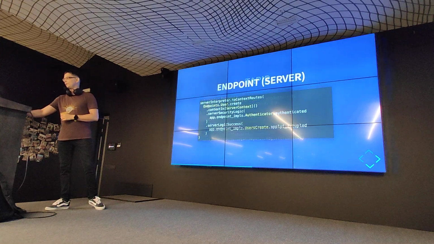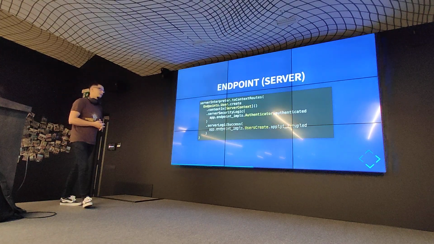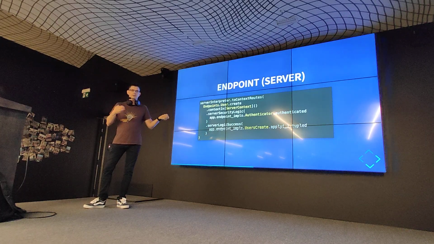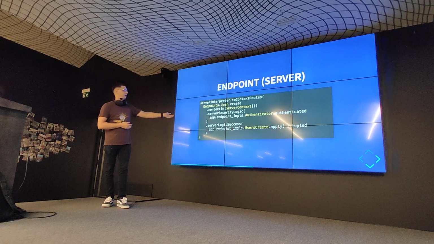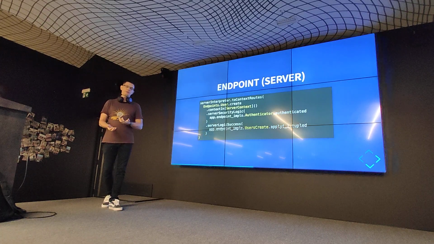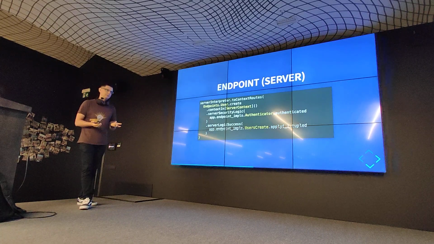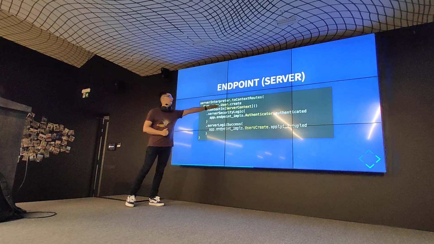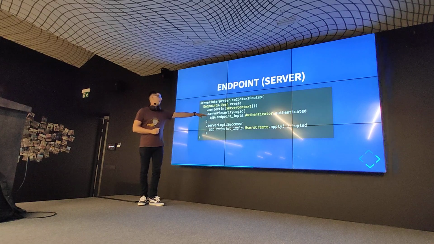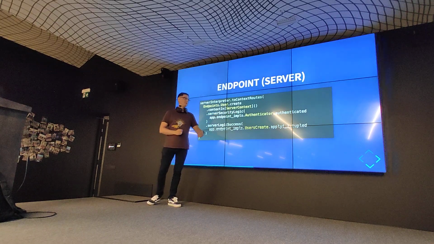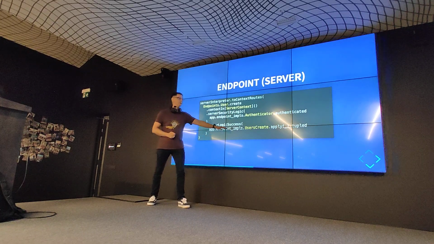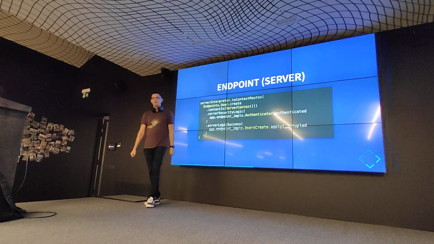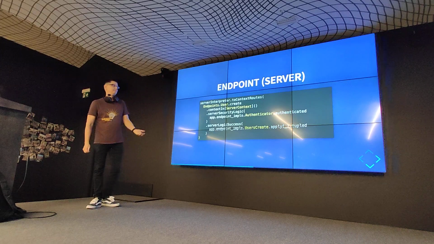Now, what you do with that definition is, on the server side, you need to turn that into an actual route that is executable. So, for example, here I'm using this library HTTP4S, which is a functional programming HTTP server. And basically you say, here's the endpoint, and here's the security logic implementation, and here's the actual logic implementation, and turn that into a route, and then you just stick that into a router, and it runs.